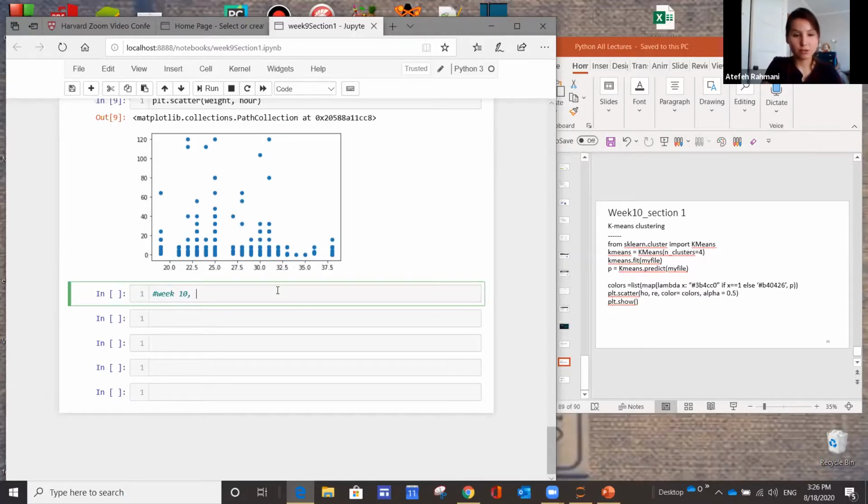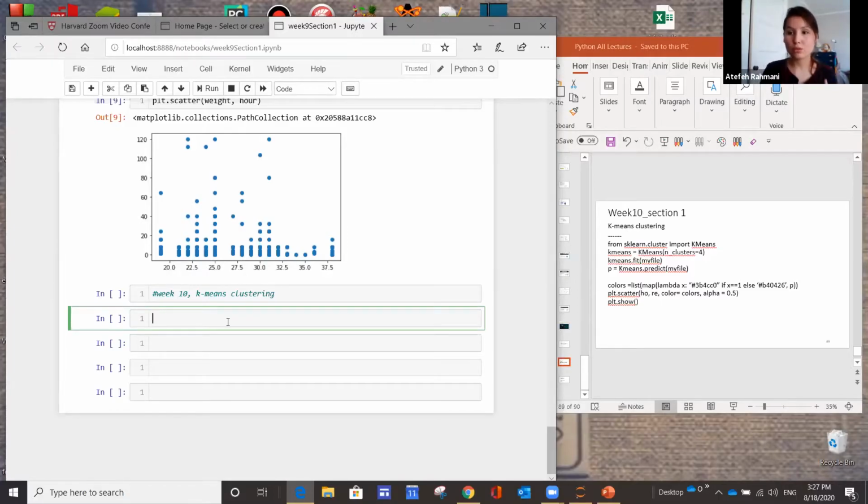This is week 10, and we want to do k-means clustering. The first thing for k-means clustering is importing our data. We already imported the Excel file into this code. Now we're going to call the library where my k-means function exists. For clustering, we're going to use sklearn. I'm going to say from sklearn.cluster import k